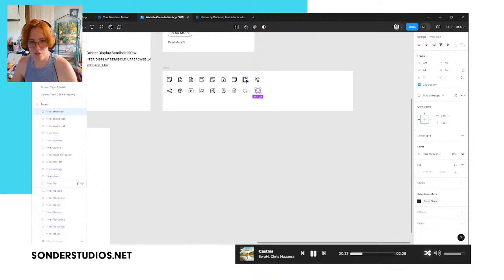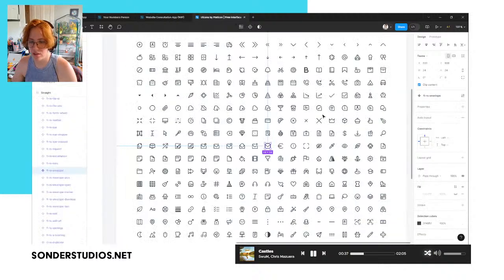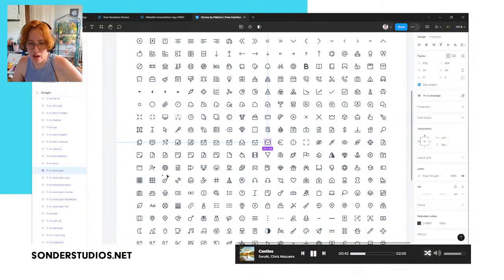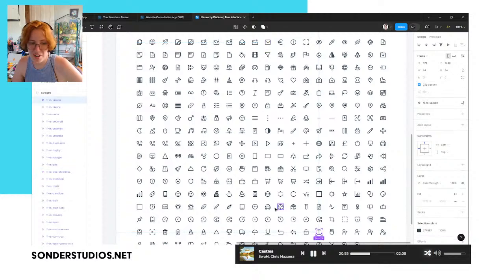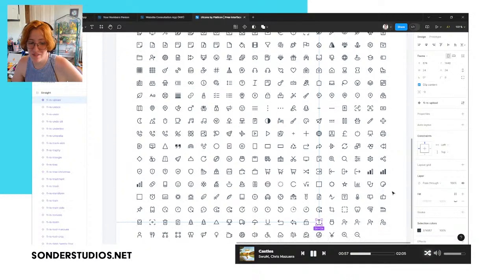Where's my PDF? A printer icon might be a little bit more clear with that. Or a download icon would probably be better. Do I have a download icon here? I have an upload icon. Sure would be nice if I had a download icon.